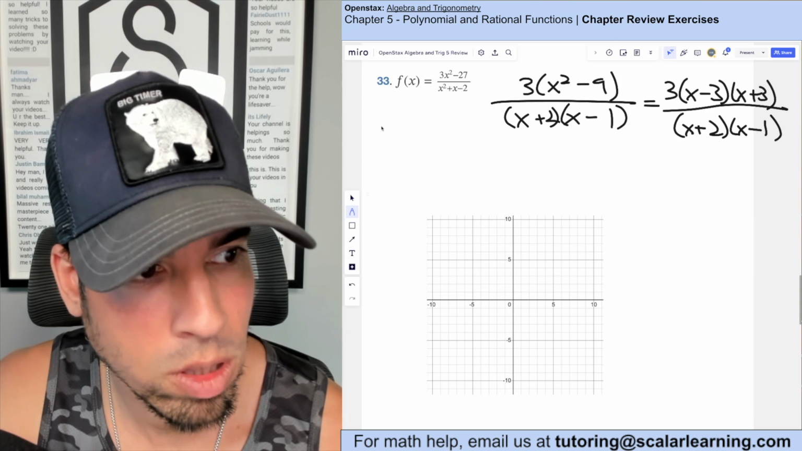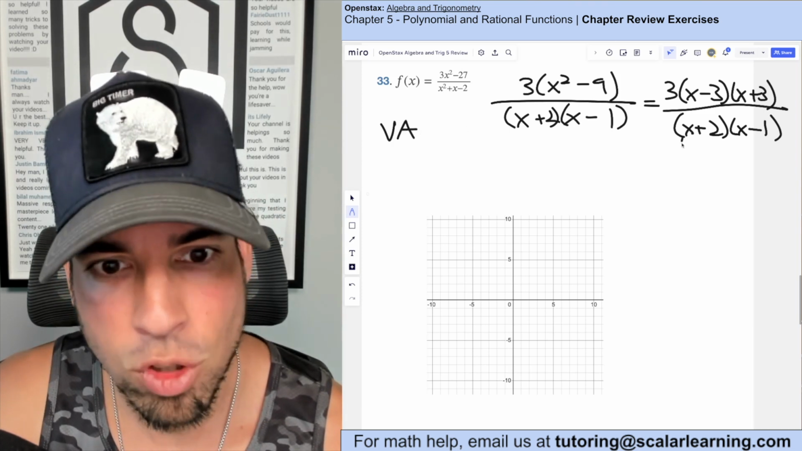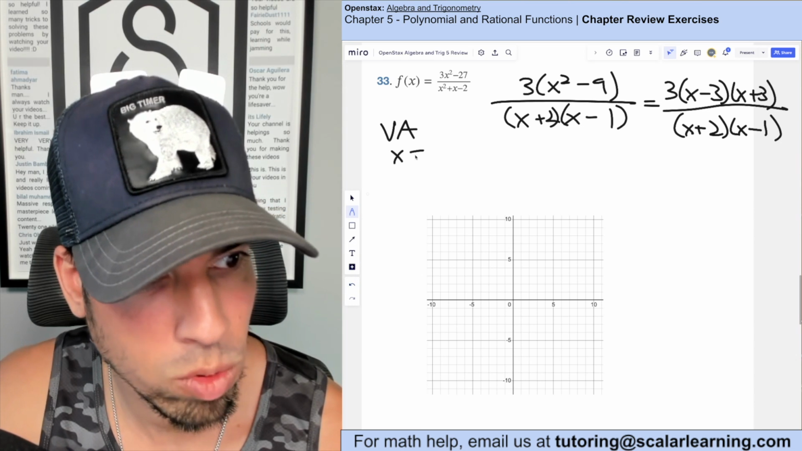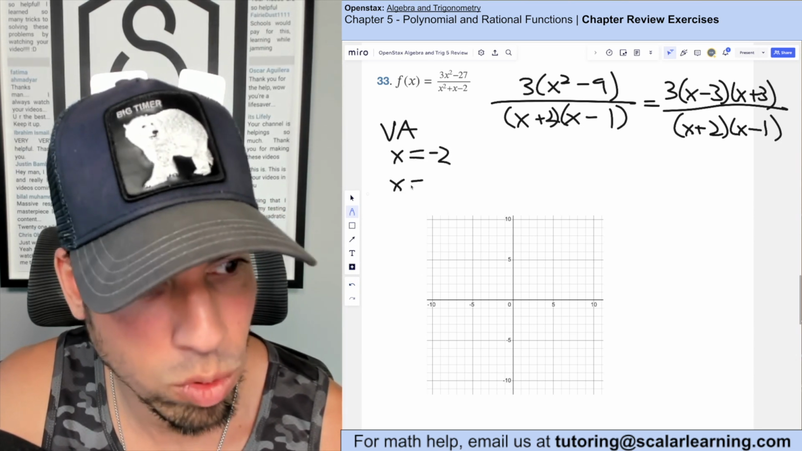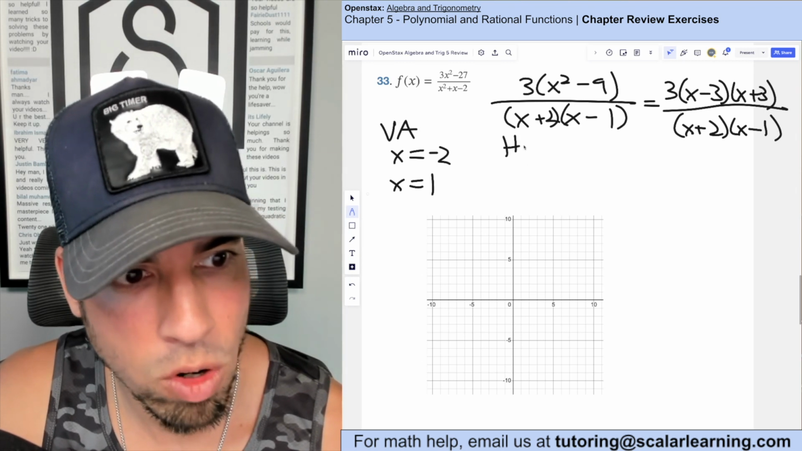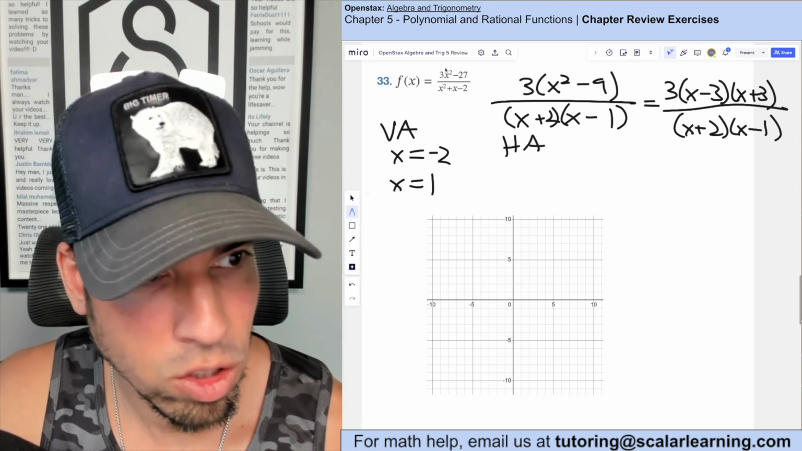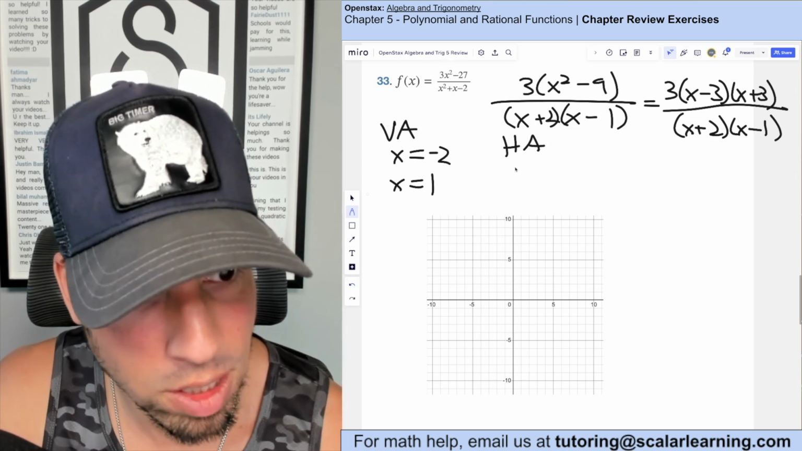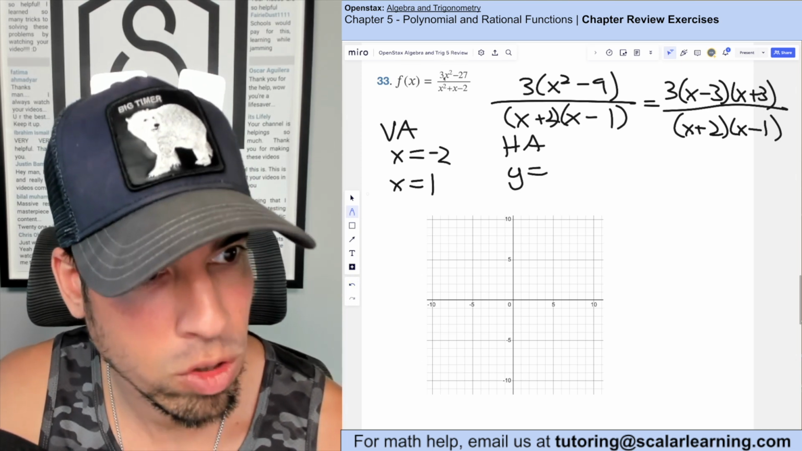So now let's start with the vertical asymptotes. I have two places where the denominator zeroes out. That's at x equals negative 2 and x equals 1. So there's my vertical asymptotes. What about my horizontal asymptote? Well, I'm looking at the degrees, and the degrees are the same top and bottom. So I take the ratio of those coefficients and set that equal to y, which is 3 over 1,